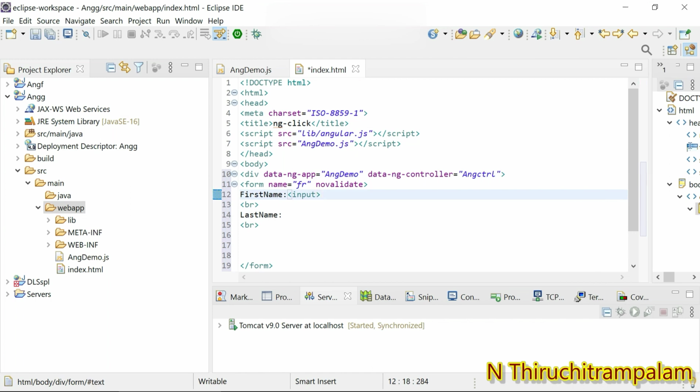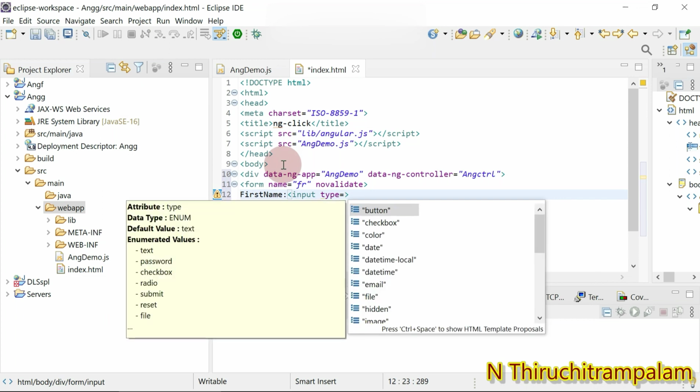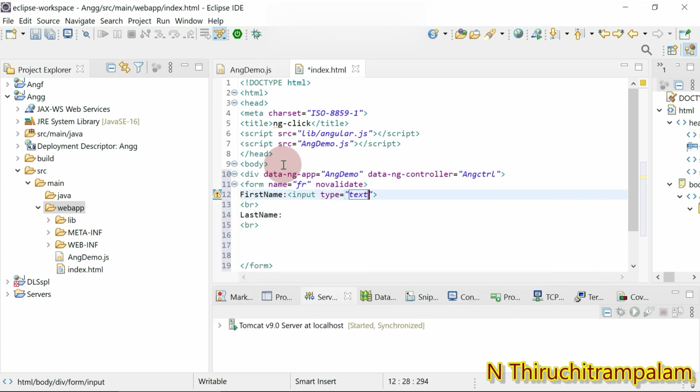So here within this input I give the type equal to text. Okay, and then I give a name to this text box using the name attribute. So here I give name equal to fn, first name. Okay, and then what I do,